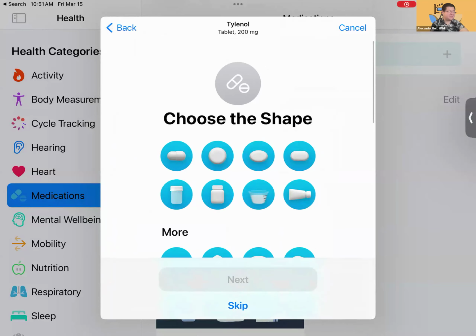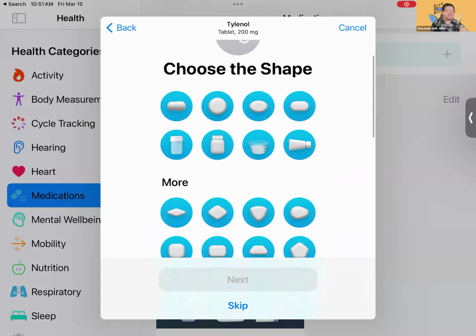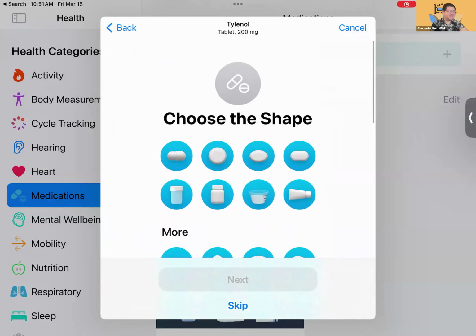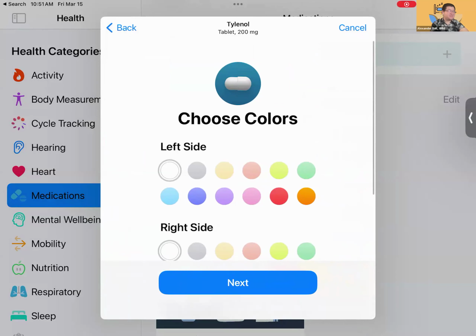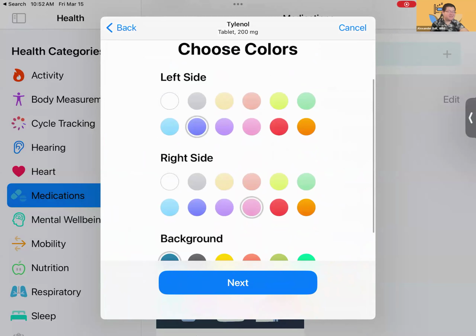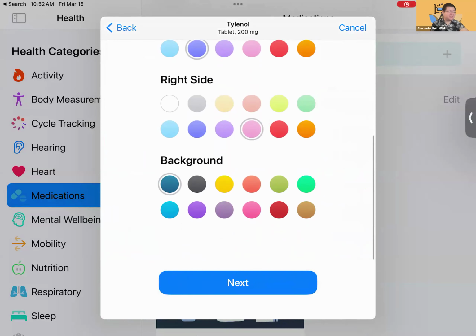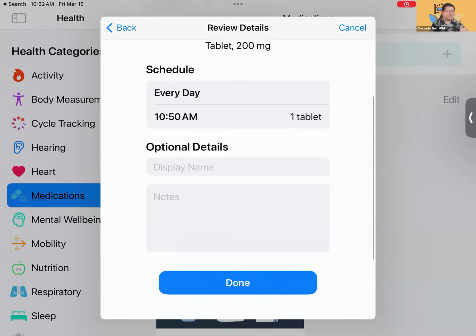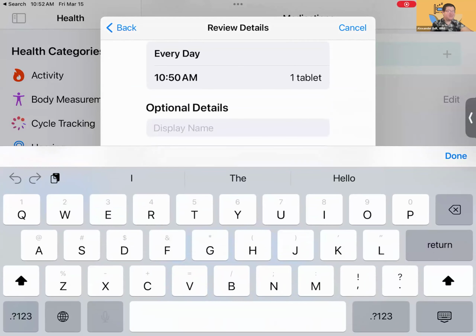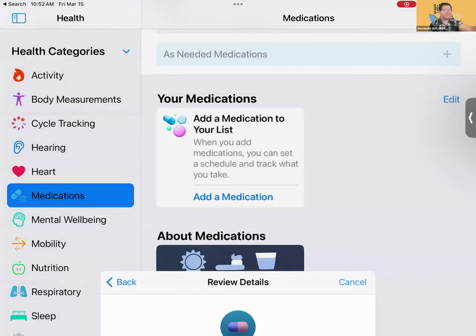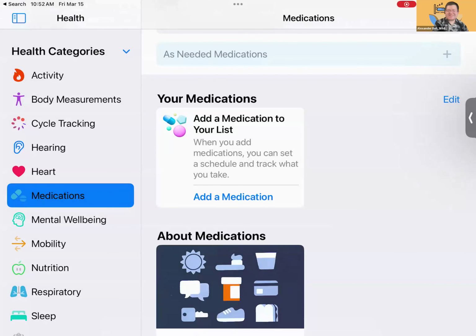That's pretty cool. You can choose the shape of it because different tablets can be different shapes, right? Or you can skip, for example, choose the colors. Oh, wow, so yeah, some tablets do have different colors on each side, right? So it shows you the shape of it. If I hit next, wow. So look, these are optional details. You can change the name or you can add notes, which I think is really neat stuff. I'm going to cancel it because I don't take Tylenol every day, but that's a really cool way you can